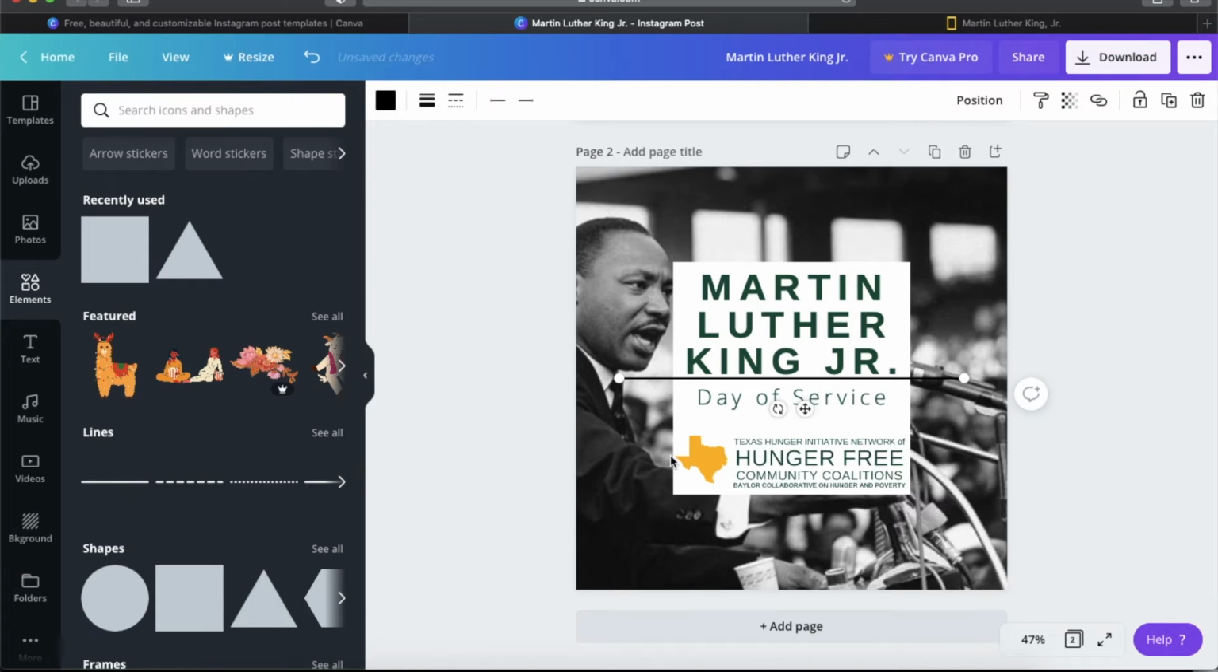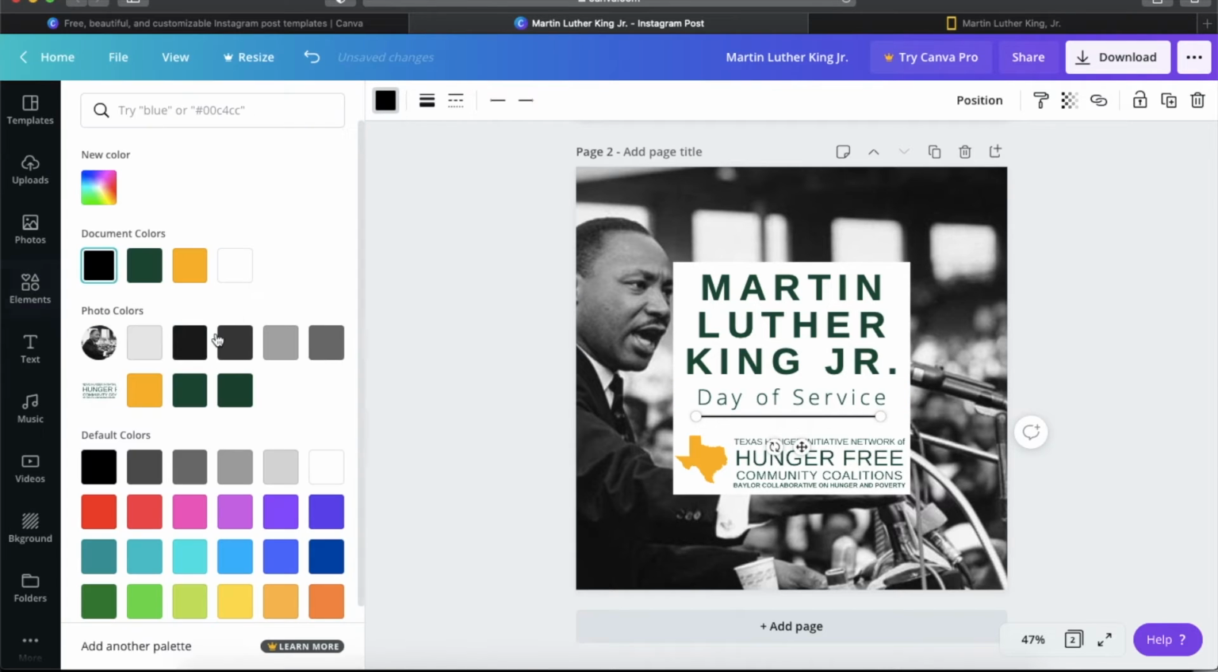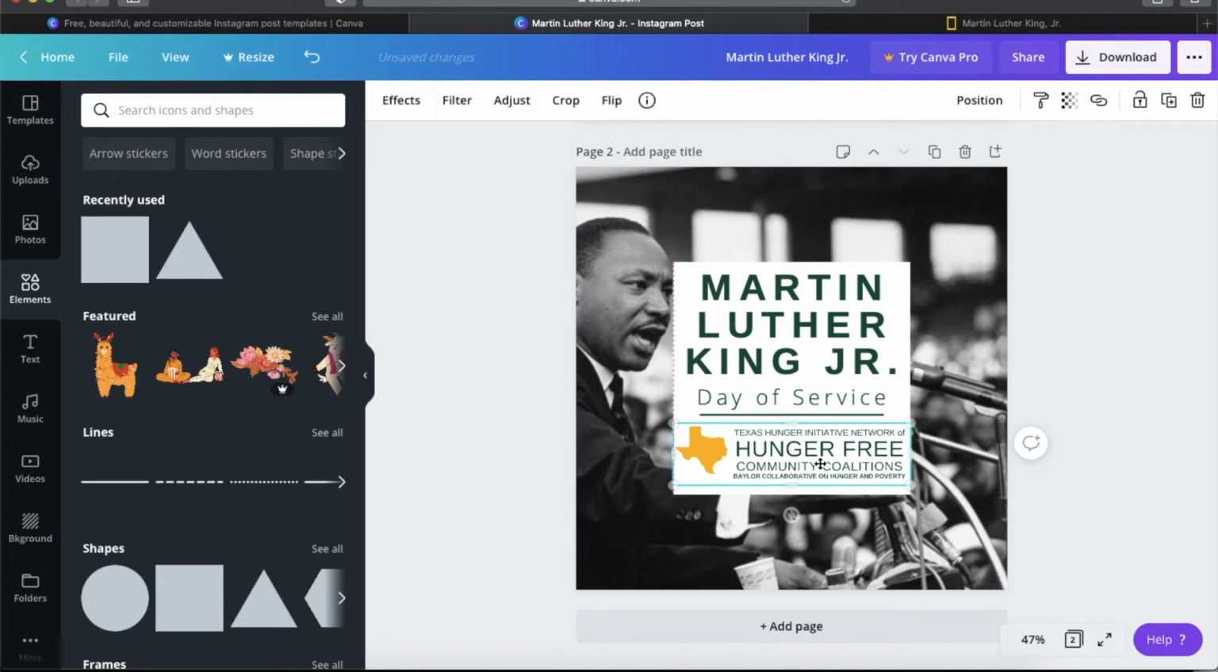I'm adding this line to give some more visual definition between the text and the logo. You can drag from the sides to edit the size, and then we'll change the color to match the logo as well. Drag the cross hairs there to reposition on the page and make sure it's centered. We'll go ahead and do that with the logo as well. Once everything's centered and looks like it's in a good spot, we're going to go ahead and